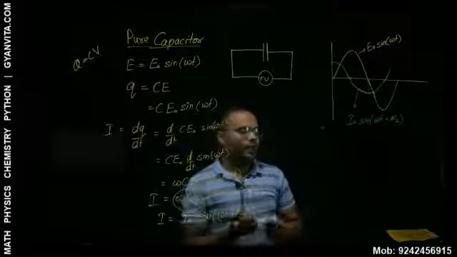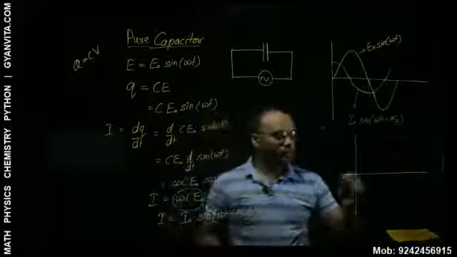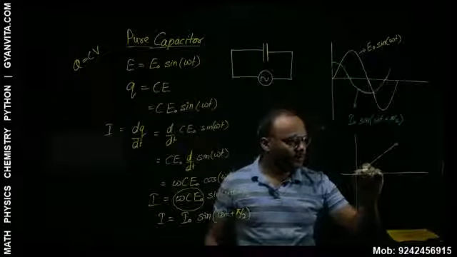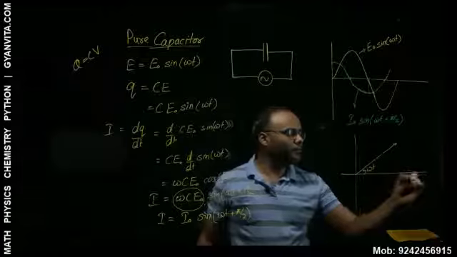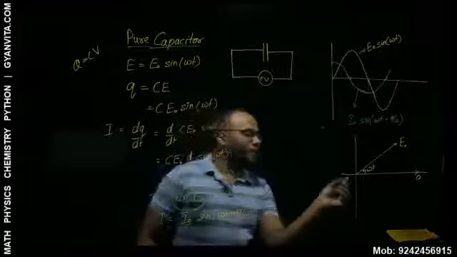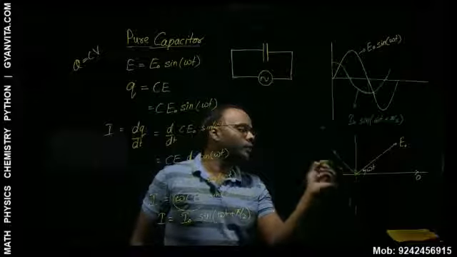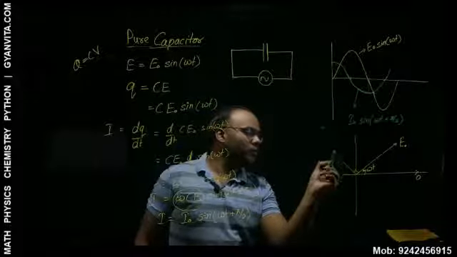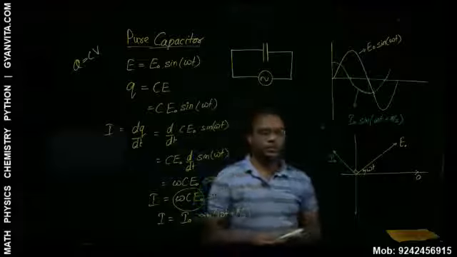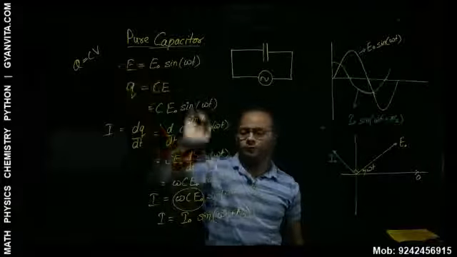Now if I have to show their phasor diagram, the phasor diagram should also be very clear. Your EMF will be as it is. We are showing that EMF is at an angle omega t from the 0. This is EMF. And the current is pi by 2 ahead of this. That means here it is making an angle pi by 2 with E, that is ahead of this. So this is your I naught. So that is the phasor diagram, wave diagram, circuit diagram, expression for EMF, expression for current.